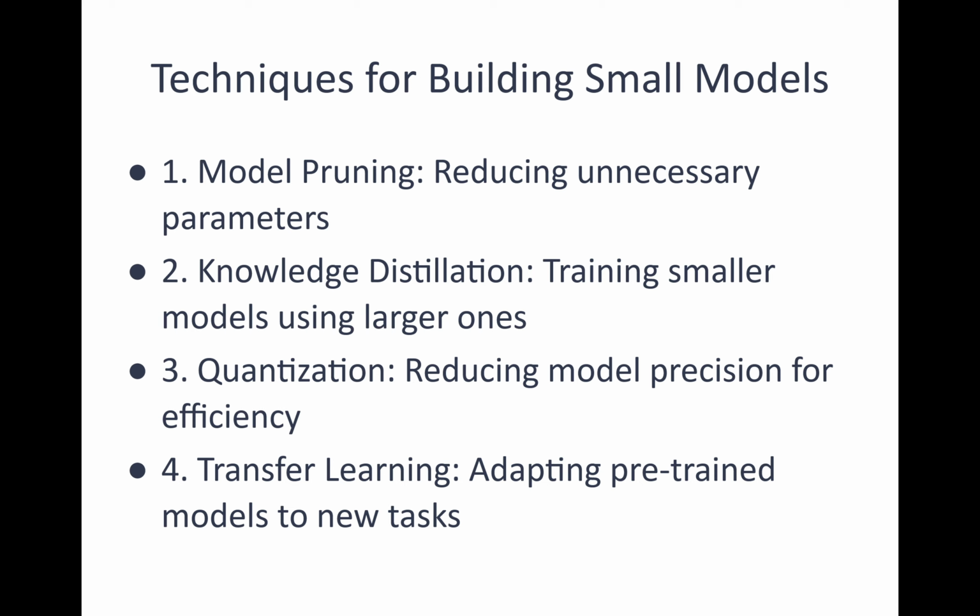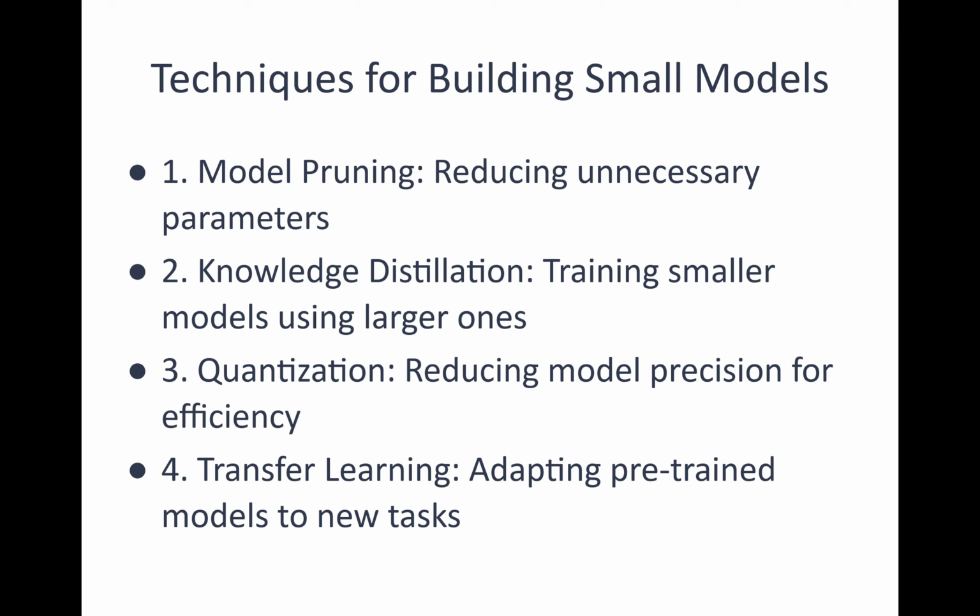This technique can be applied after a model has been trained, identifying and removing weights that have little impact on the model's output. Pruning not only reduces the size of the model but also improves inference speed and reduces memory usage. There are various pruning strategies, including magnitude pruning, structured pruning, and dynamic pruning. And then there is knowledge distillation.